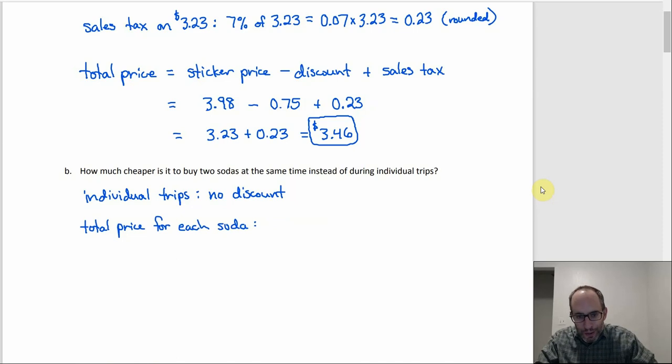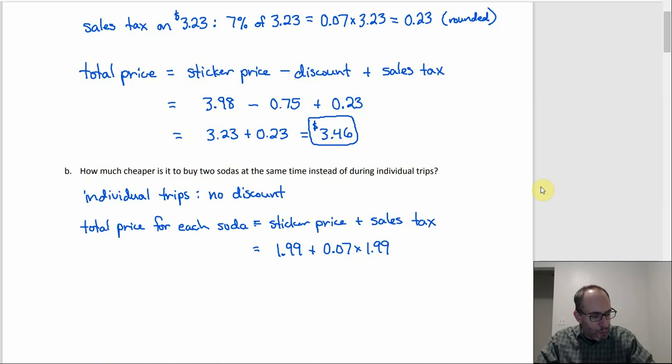So it's going to be the sticker price plus the sales tax. So that's going to be $1.99 for the sticker price for each one, right? So they were $1.99 each, and then plus 0.07 times $1.99,